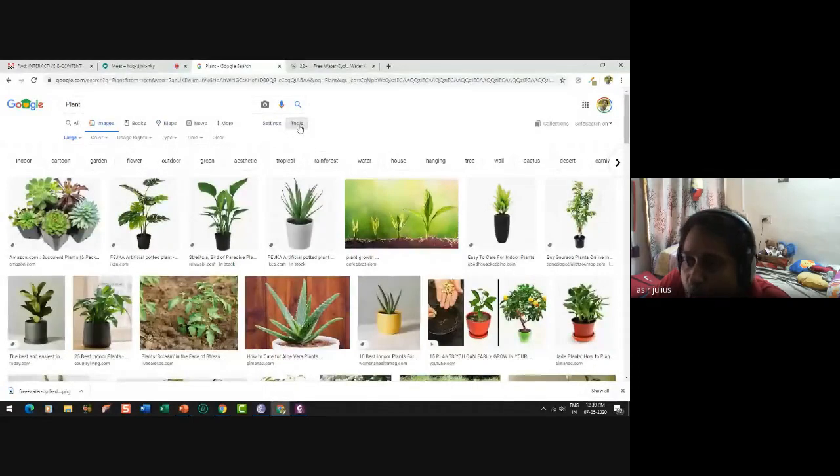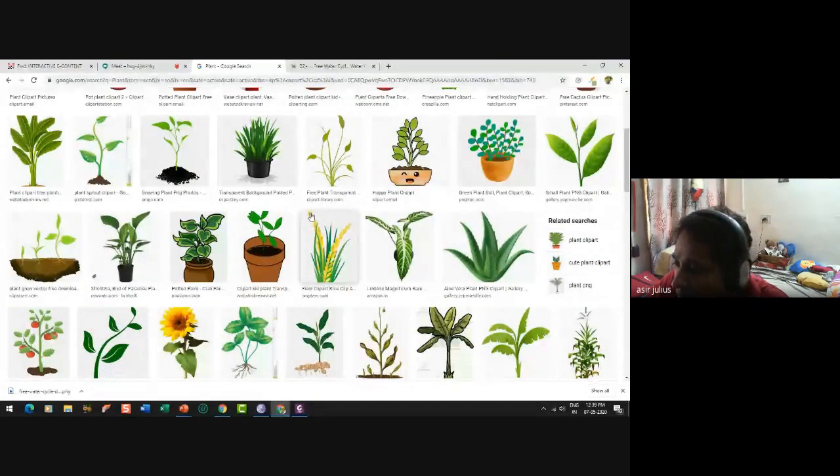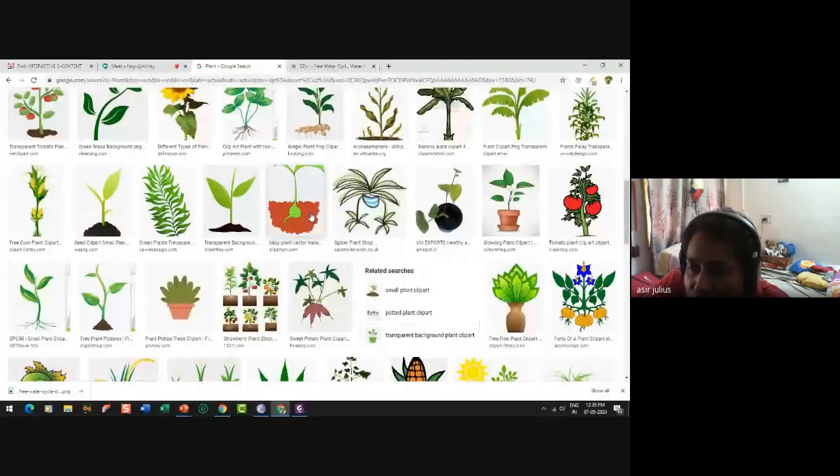And again, I'm going to Tools, Large, and the type is clip art. Clip art would do the justice. So I'm just searching for the right image.